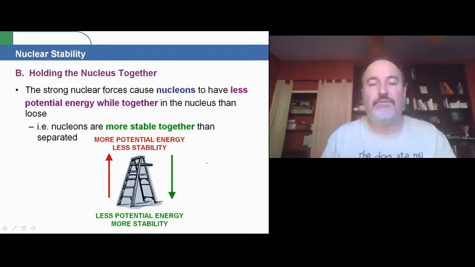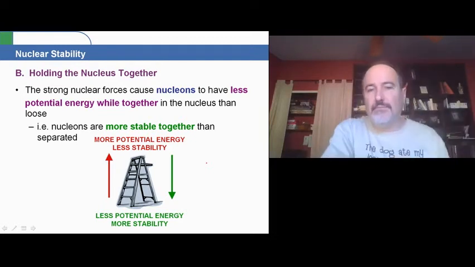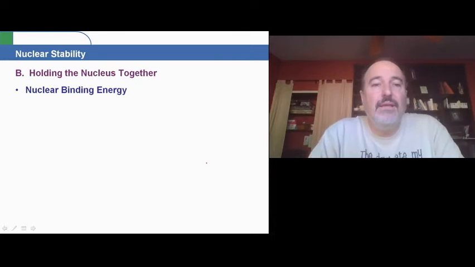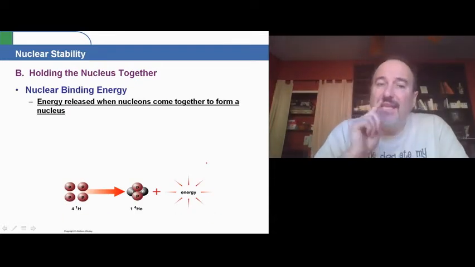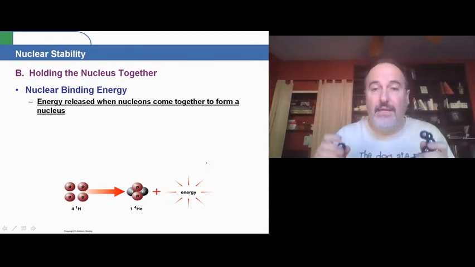It's easy to fall off. So hopefully you remember that when you're thinking about the relationship between stability and potential energy. Now, nuclear binding energy is the energy that is released when nucleons that are separated come together to form a nucleus,